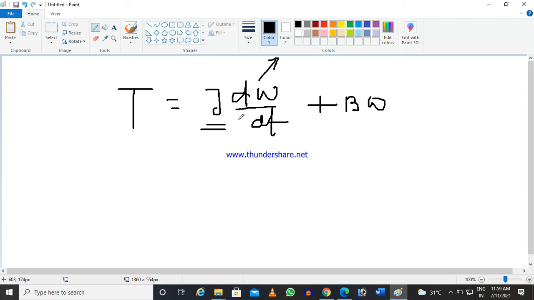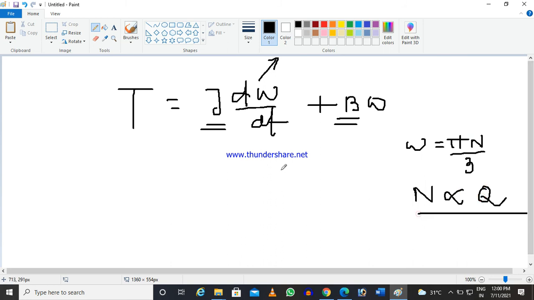B is the viscous coefficient, which is very difficult to measure. Omega equals pi N by 30, and your flow is proportional to RPM. So if you substitute in omega, you will get a function of flow.